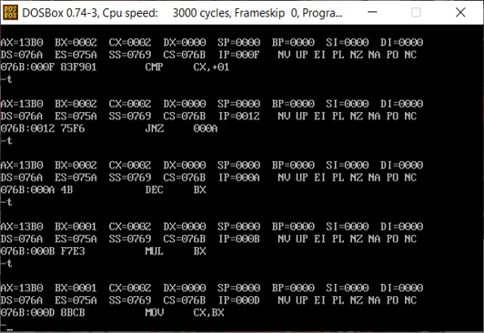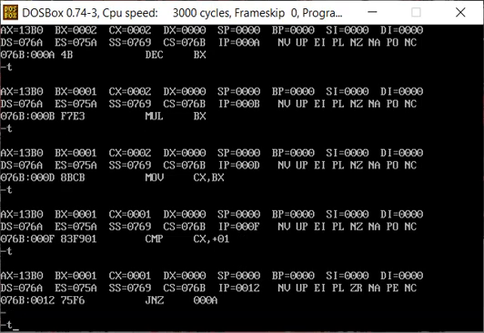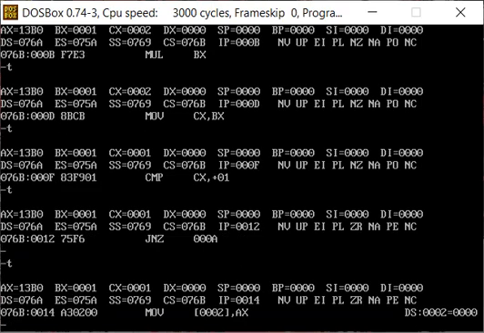Now we move the BX value to the CX register, and then we compare CX with 1. And here, if we compare CX with 1, it is returning true. Yes, both are equal, so it will not execute the jump statement anymore. Now it will move to the next statement, where we store the AX value, which will contain the resultant factorial, to the location 0002 in the memory, which is the location of the result variable.